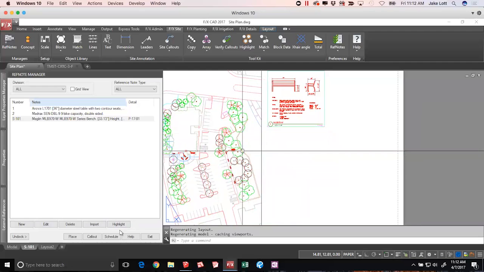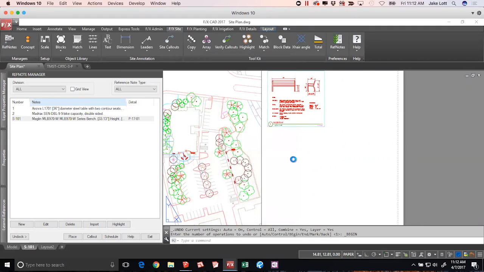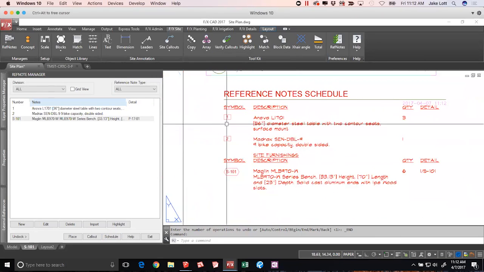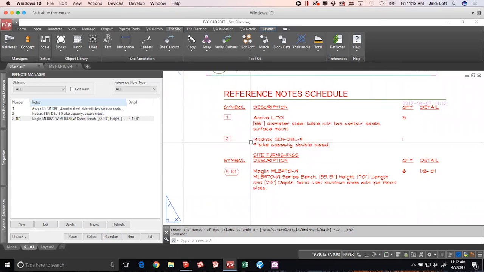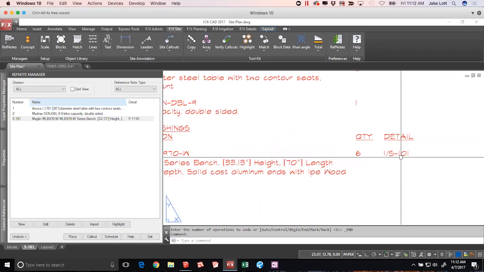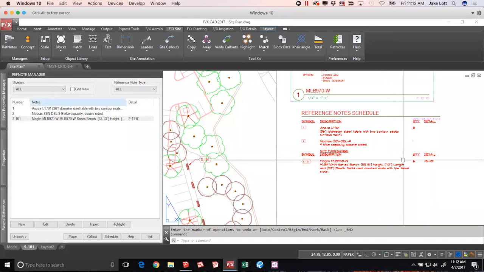but we're going to actually run a little schedule. And to be able to set and include, depending on the divisions and different things like this, we're just going to go ahead and say okay to this. And you're going to notice that it's already counted up how many of each of my items that I have for those manufacturers. And you're going to notice that it's also going to list out what that detail and what sheet that's on, which is really, really powerful as we get into those construction drawings and stuff like that. So with that being said,